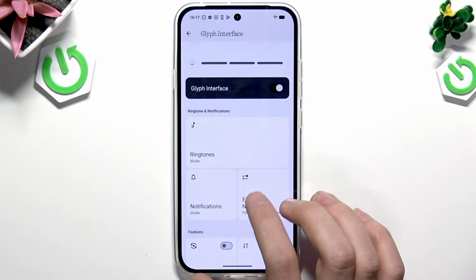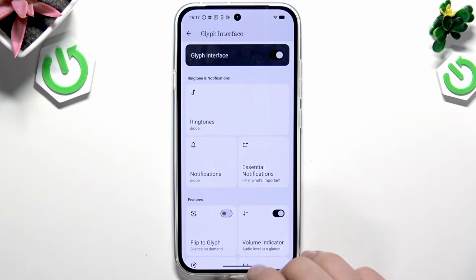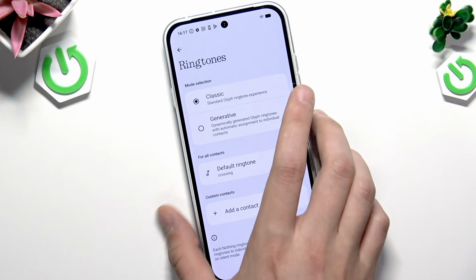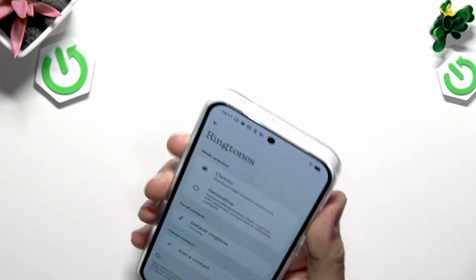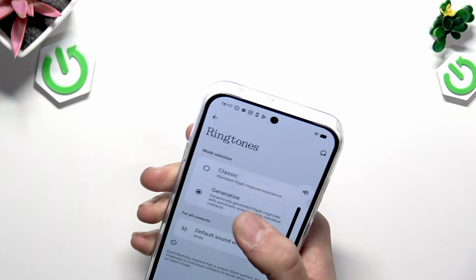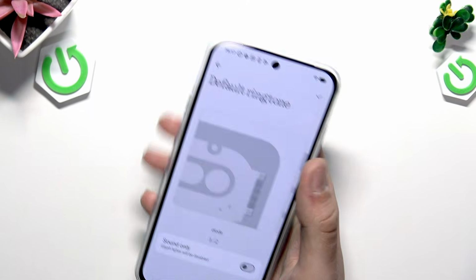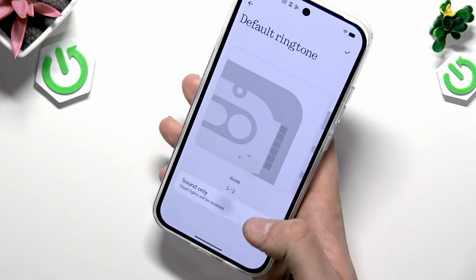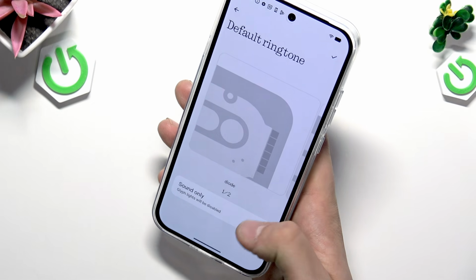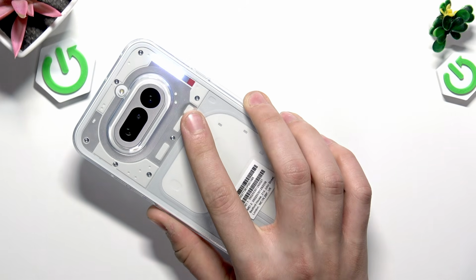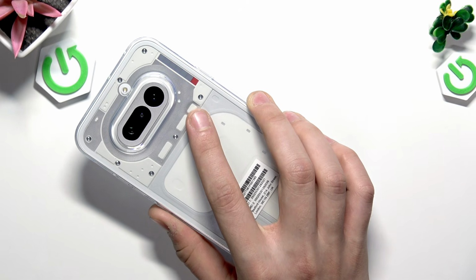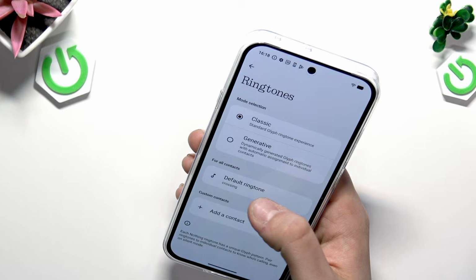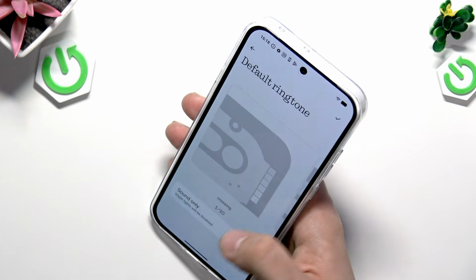Apart from that, here if you scroll down, we can see all the features of our glyph. Ringtones, for example, from classic to generative. And now, default is like this. Sound only, glyph lights will be disabled, or here we have chemical. Apart from that, here if you go back, we can see classic, and here we have